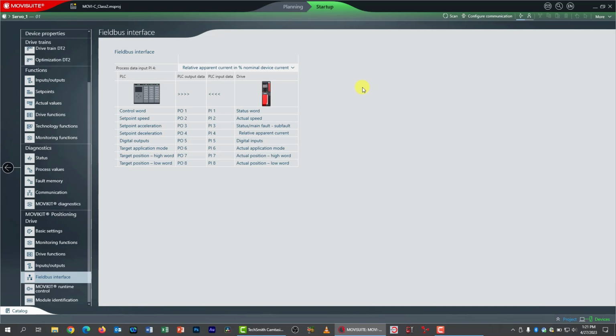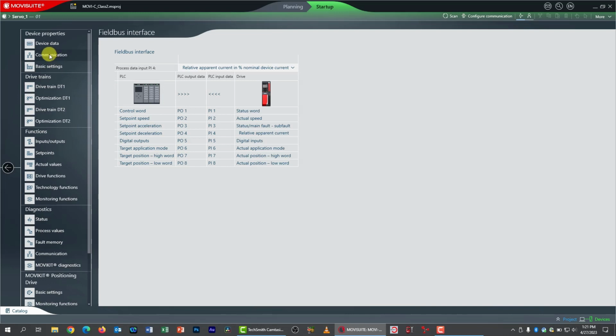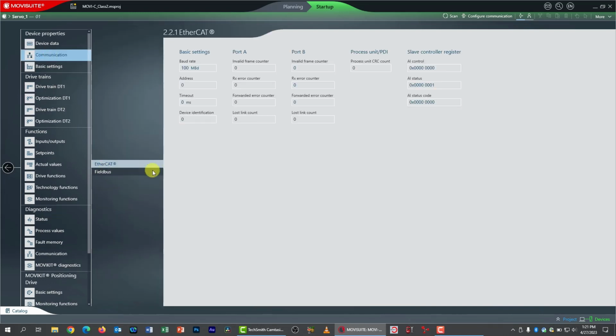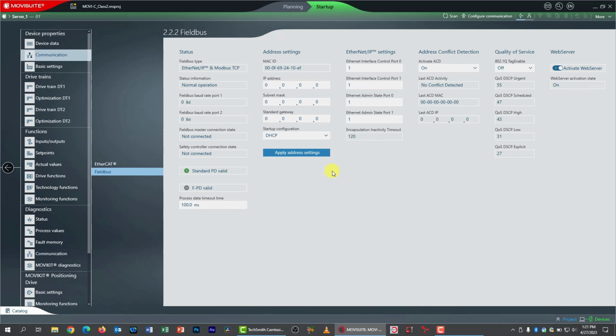And then finally, the last thing I need to do is set my field bus IP information. So I go back to communications. I pick field bus. You've seen me do this before. Notice it defaults to DHCP, which means it gets an automatic IP address from a dynamic host control protocol server. I'm not going to use that. I'm going to change it to saved IP, and I'm going to put in the standard SEW IP address. Remember, you tab between every field except the very last, and then you must hit enter, otherwise you can fault the drive. So I will key in